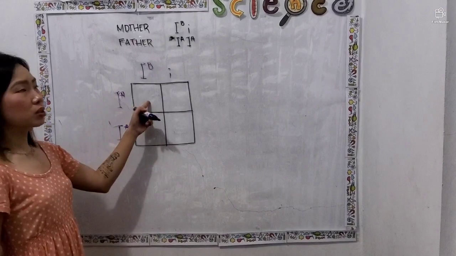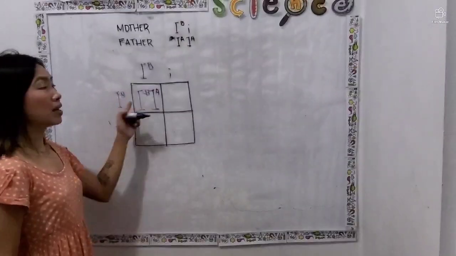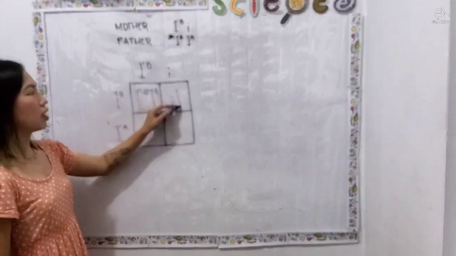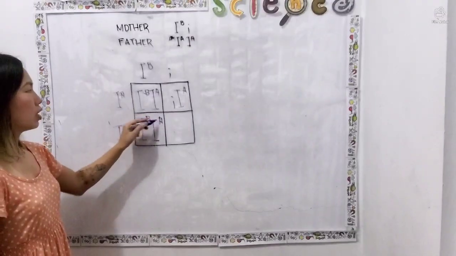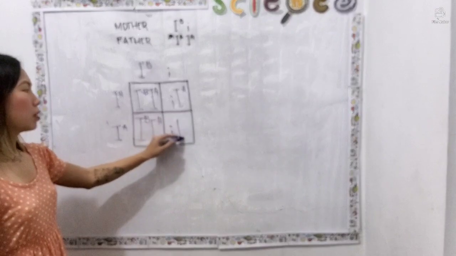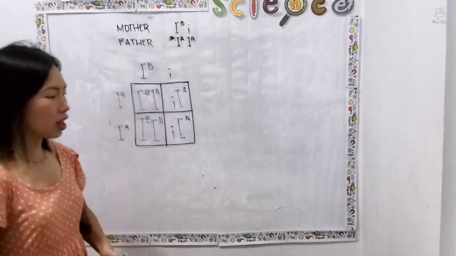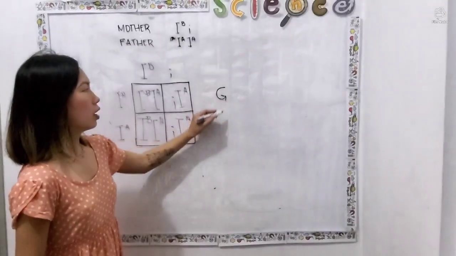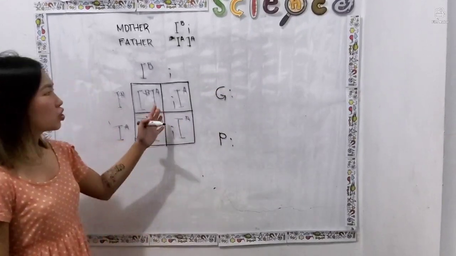So on the first box, we have a capital I with a letter A. So let us now identify the genotype and the phenotypic ratio. Now, on the genotype,